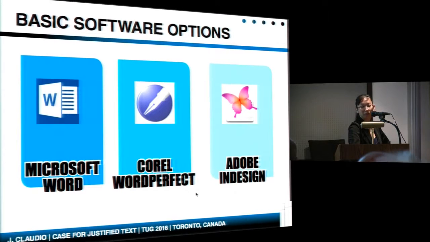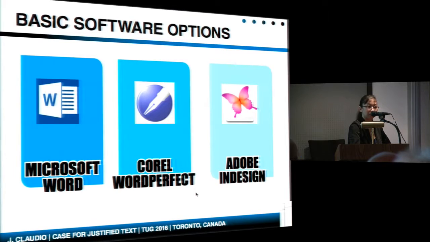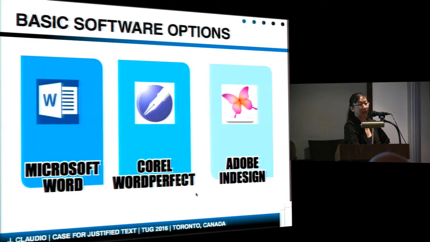So for our purposes, our basic software options are really Microsoft Word and all its clones, and I include things like LibreOffice and OpenOffice as Microsoft Word clones, as well as Google Docs, because the behavior is generally the same. Corel WordPerfect and Adobe InDesign, and although I pluralize the basic software options, students generally only have access to Microsoft Word because no one's ever heard of WordPerfect. And Adobe InDesign will usually come from some of the visual arts teachers, yearbook instructors, and so on. But I include them because it is an option that's easily obtained.